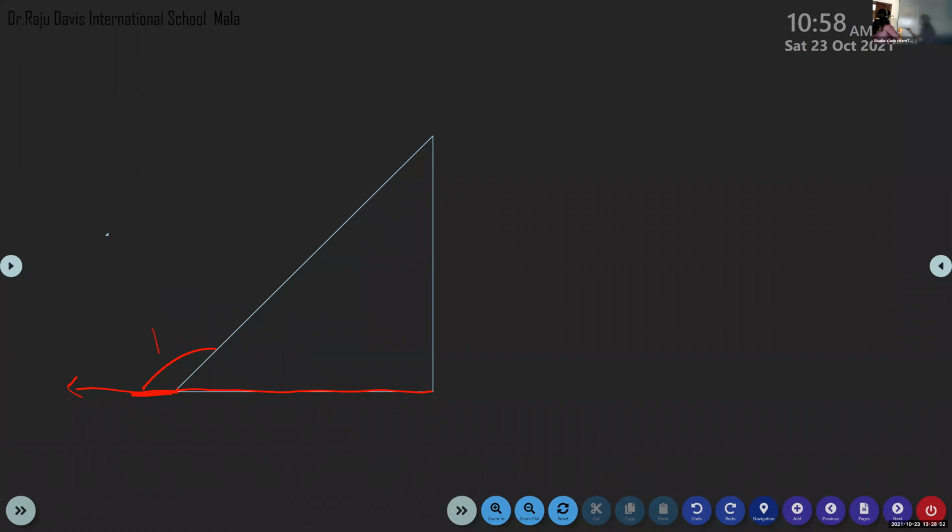Okay, we can mark it 140 degree. And this is A, this is B, and this is C. Okay, three angles are there. Here it is given, this angle we know it is 90 degree, no? It's a right angle or not? Right triangle or not? Children? Yes, ma'am. It's a right triangle. You know it is 90 degree.